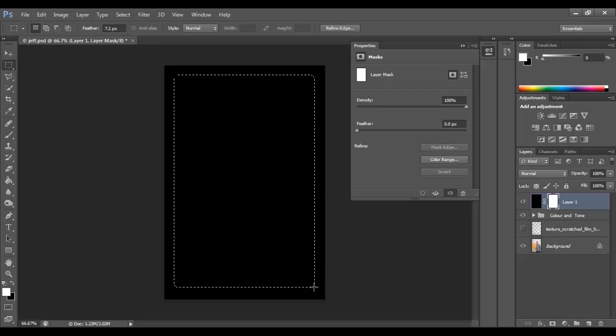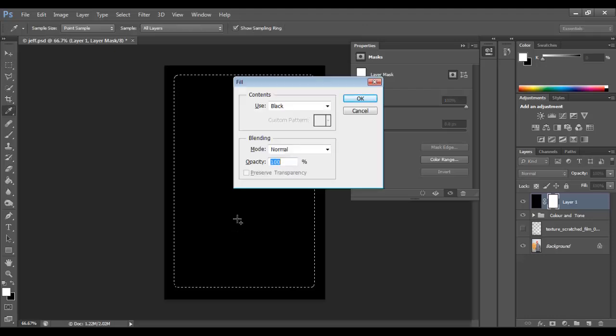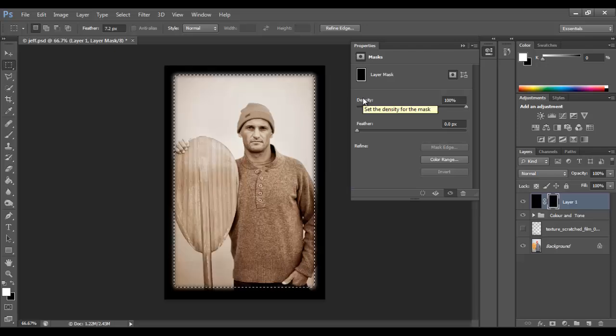Alright, so I've got that feathered marquee tool, and I'm working on my mask right now. What I want to do is fill that center part of the mask with black. So again, you hit Shift and F5, and I'm going to fill the center part with black. It was a little confusing to see how I went about that, but you can start to see the results there. If I deselect, you can see that I've got this sort of faded black area